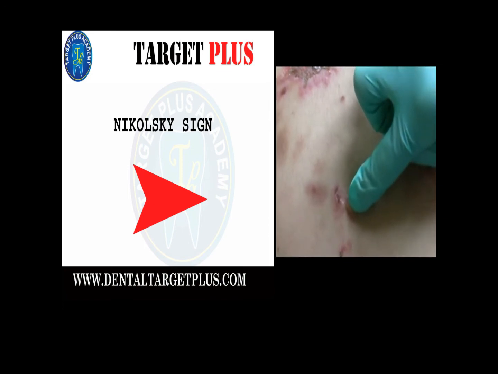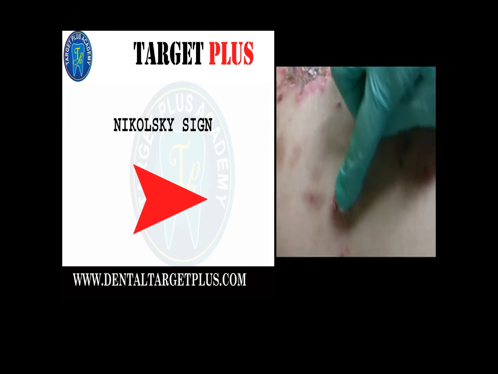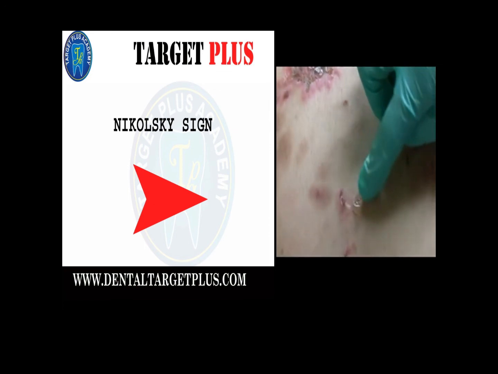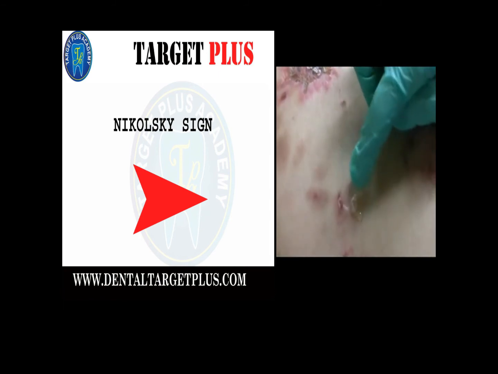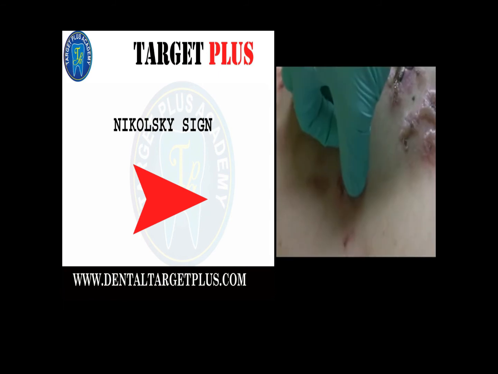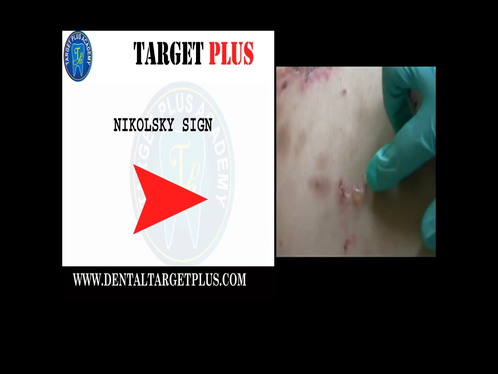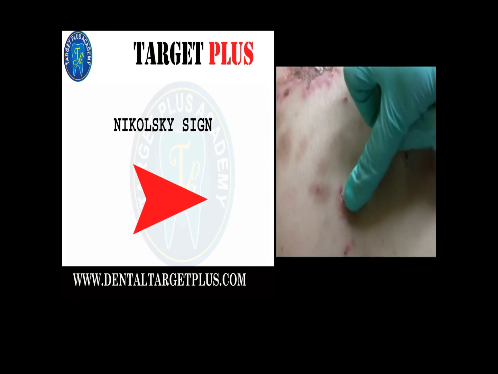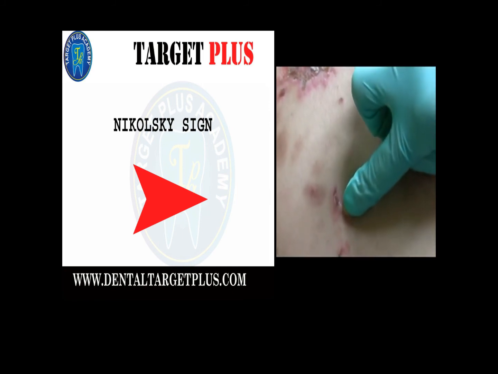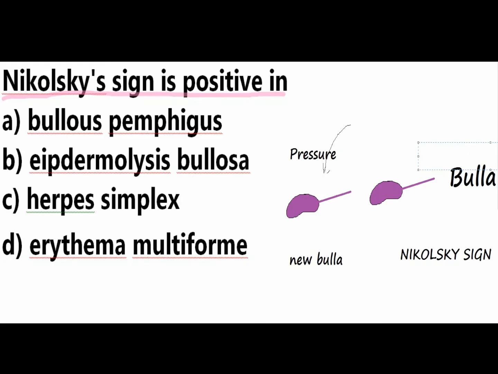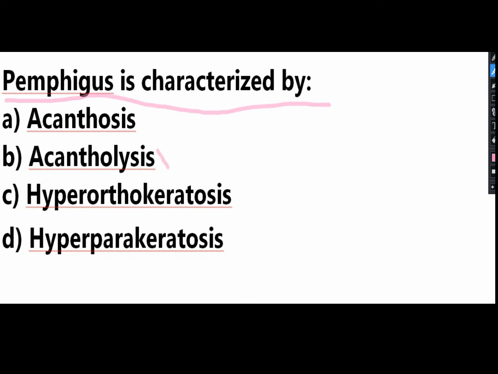Another characteristic is that if the surface of the blister is pressed vertically, the blister extends laterally. So this is the characteristic feature of pemphigus. So Nikolsky sign is positive in pemphigus vulgaris. Now third question: the pemphigus is characterized by